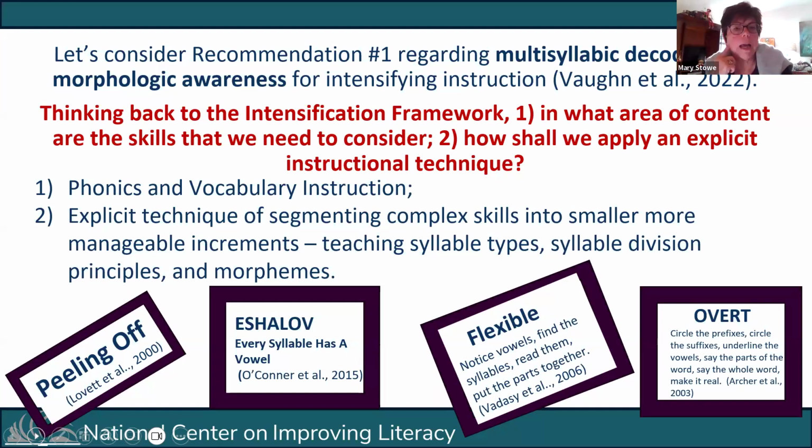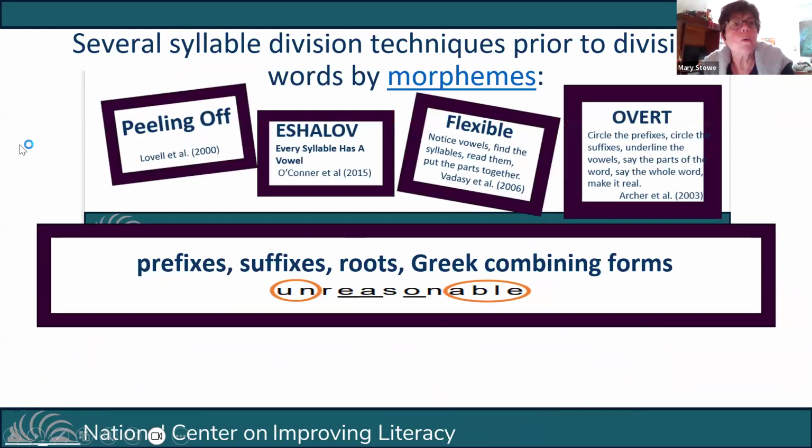But we need to think about how we are going to explicitly teach syllable division principles. How are we going to teach students to think about dividing words when they're made or comprised of morphemes as well? So moving to a higher order of thinking also. Again, we're going to think about the recommendation that comes to us from the IES practice guide in relationship to morphology. And as we move to even the most intense intervention, there are a couple of